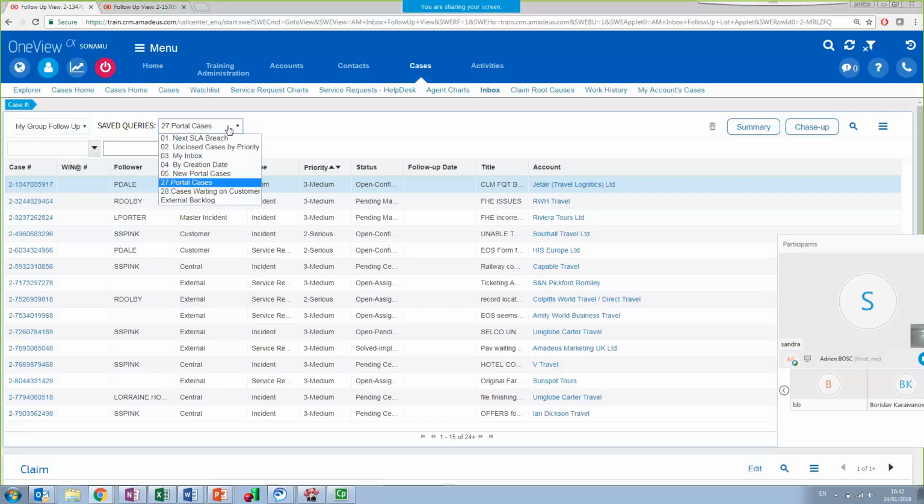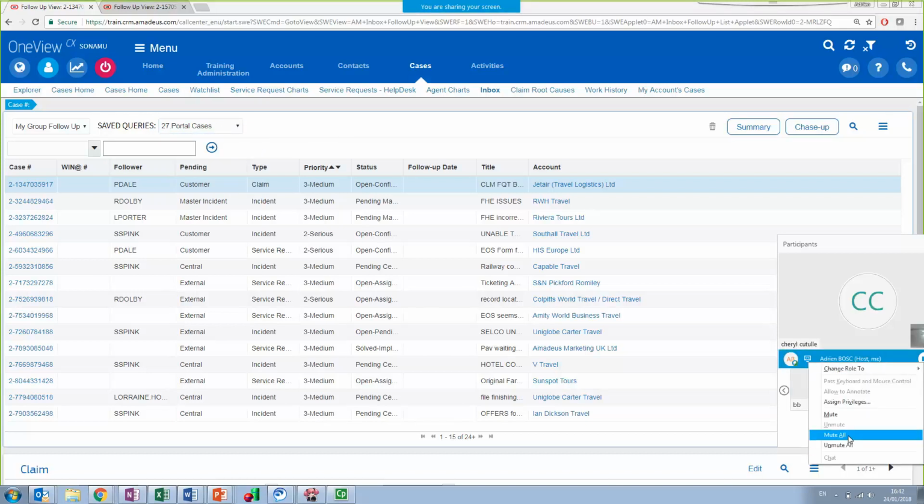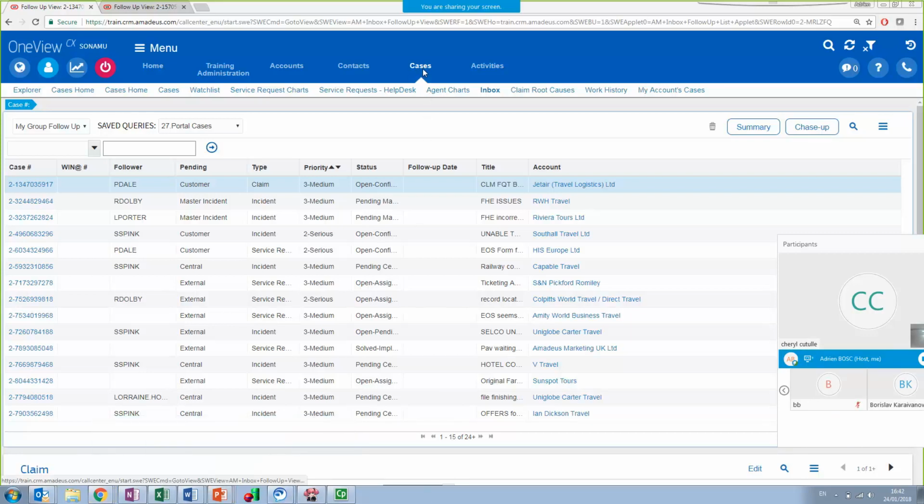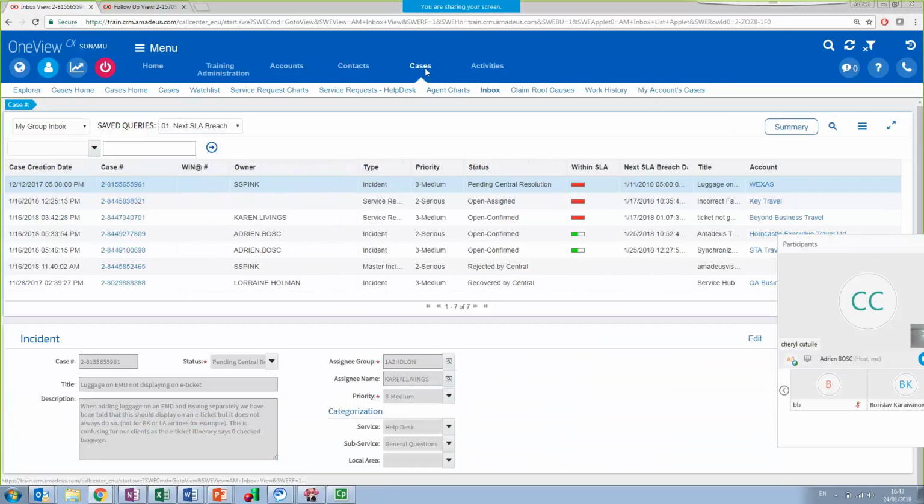All right. So now we are on time and that's good. Last hint I wanted to share with you. Here I'm talking about the tab layout and the menus and views that you are displaying. Normally if you click on cases, you are automatically redirected to inbox, my group inbox. But there are some user preferences that you can modify and set. It's at your level.